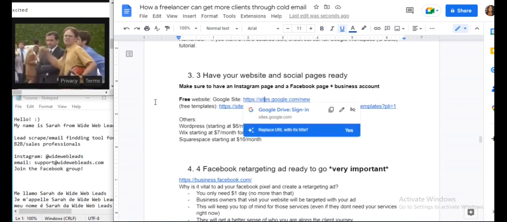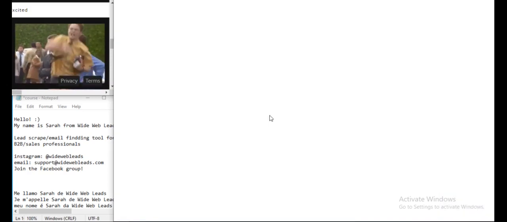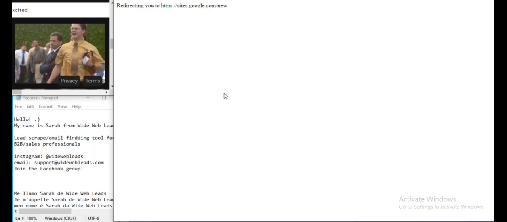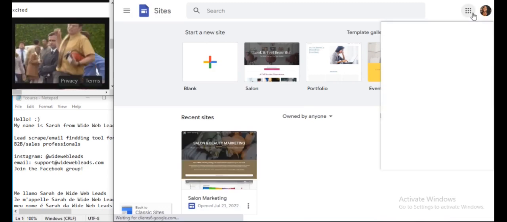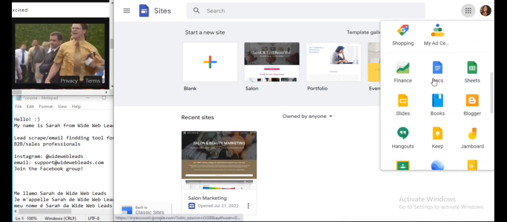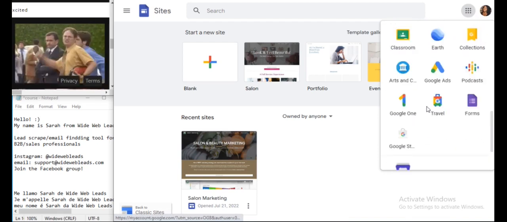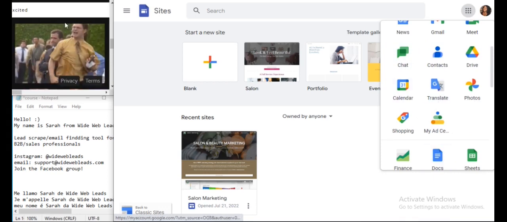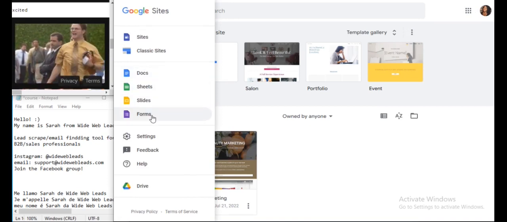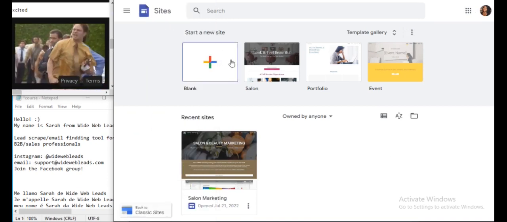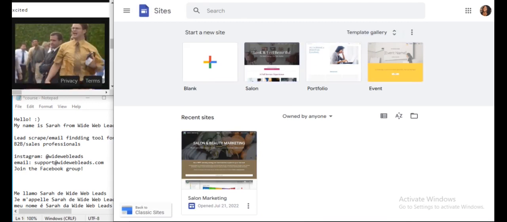So yeah, if you want a free website, you can go to Google Sites, so sites.google.com, and very, very easy to do. It's the same area where you'll find all of this stuff, where you go to docs and sheets and slides. If you were to click on docs, let's say, it'll be on the side here. So docs, sheets, slides, forms, etc. And you can create a portfolio or any sort of website here.